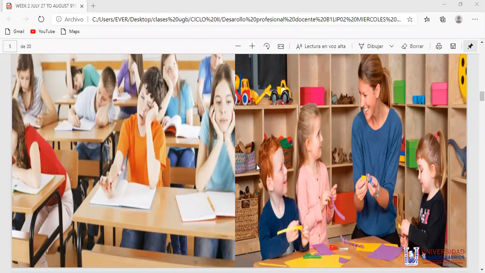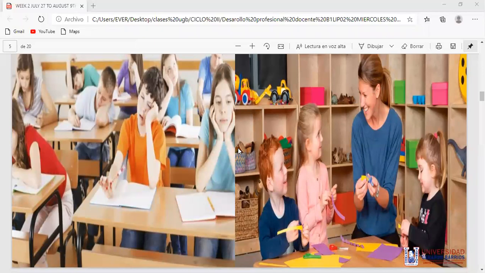Because if you work in a public school, you probably won't have all the resources available. Now, if you work in higher education, on the other hand, you probably have some resources that you can use. However, your teaching style is going to be limited by the space because sometimes you have 40 or 60 students in one classroom. So with the seating arrangement, there's not much you can do. So you have to use creative ways in order to avoid the first picture. When you see that image, something goes wrong.